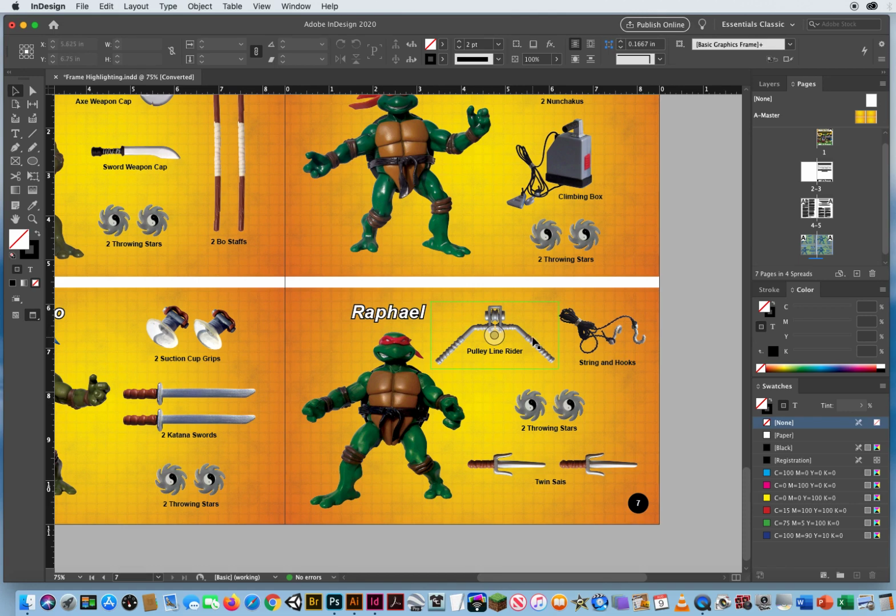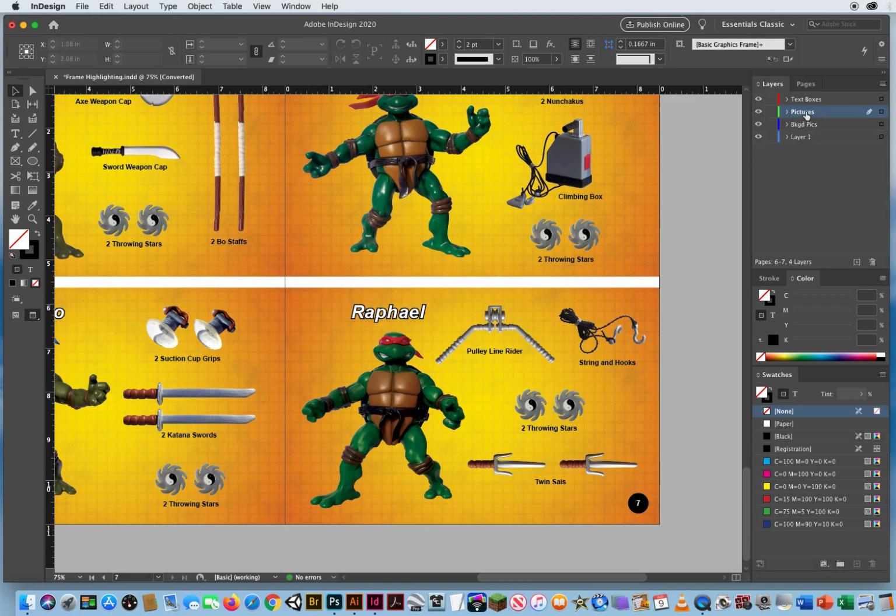Okay, so I can be assured I'm on the green layer or the red layer for type. Green layer for photos, red layer for type. These are grouped together, but red for type, green for photos, green for photos, red for type. That's all you really need to keep in mind. If I go to my layers, you can see it right there. Green for photos,